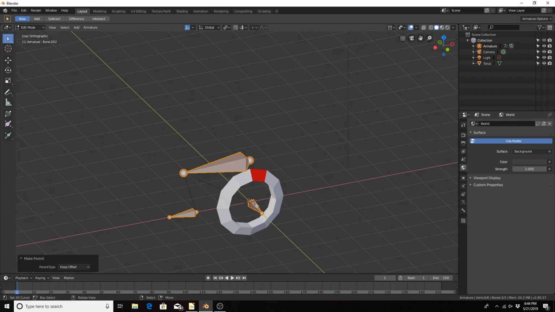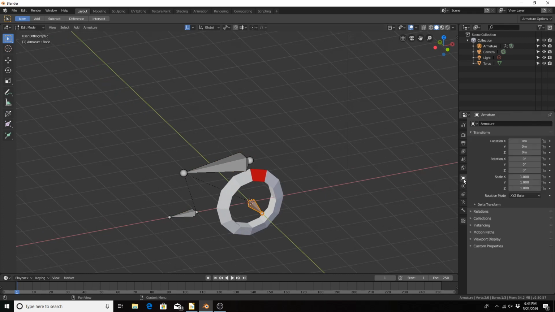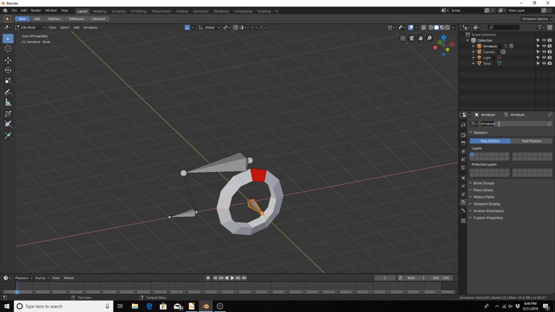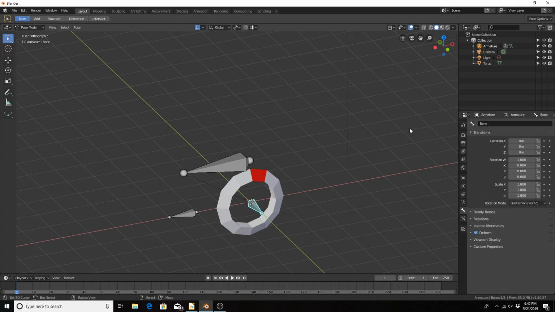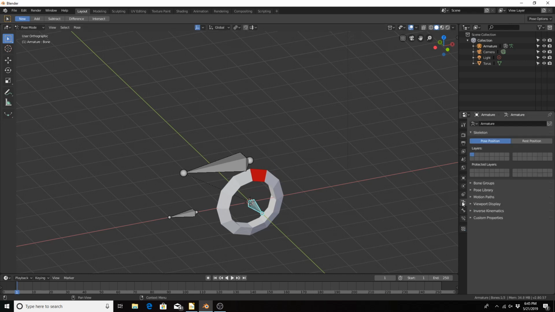Now I'm going to add a bone constraint for the axle. Actually, let's go ahead and name these by going to our armature tab. Oops, actually our bone tab. And we actually need to go to pose mode to name them. So I'm going to hit Alt, Tab, Pose. With this bone selected, let's go to,